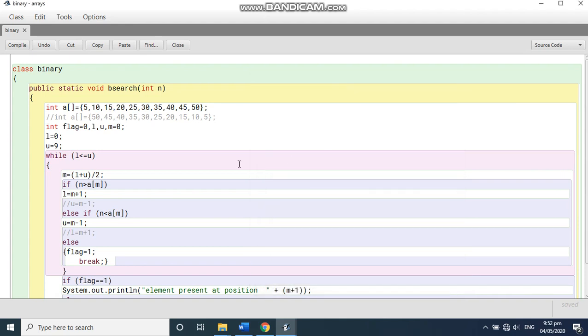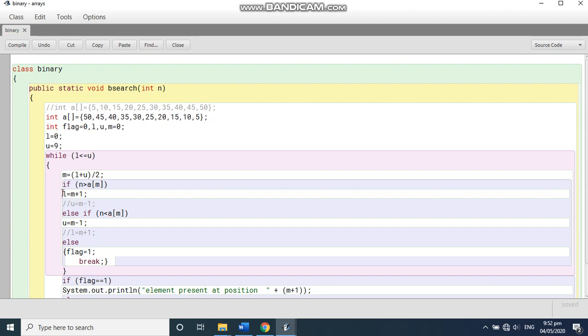Now, this is when we are doing it in ascending order. So I am going to change this to descending order now. Only a slight change will be there.